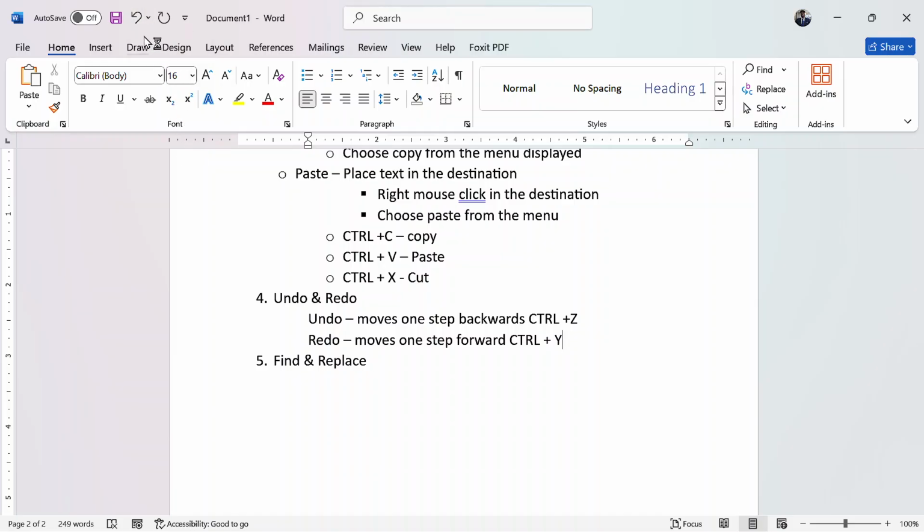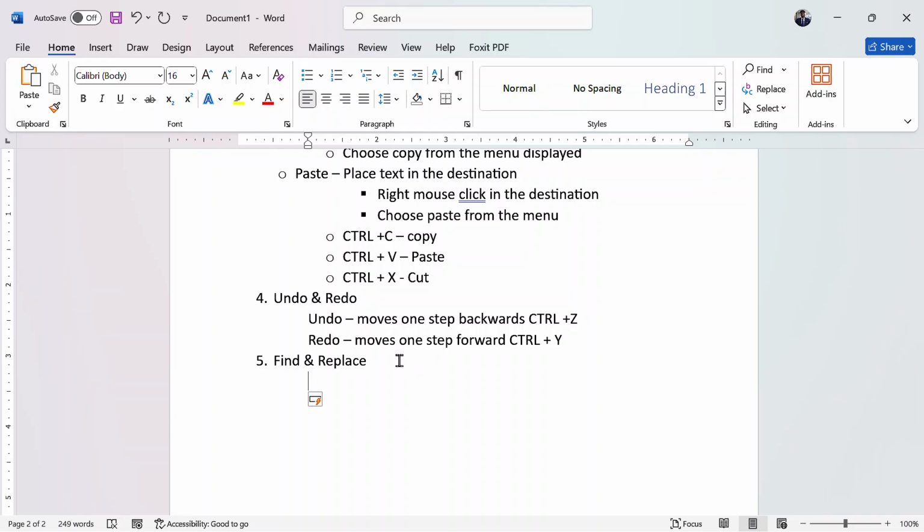For example, when I point here, it says undo typing, in brackets Ctrl plus Z. And when you point here, it's repeat typing, in brackets Control plus Y. In other words, it gives me a shortcut of how I can do this.